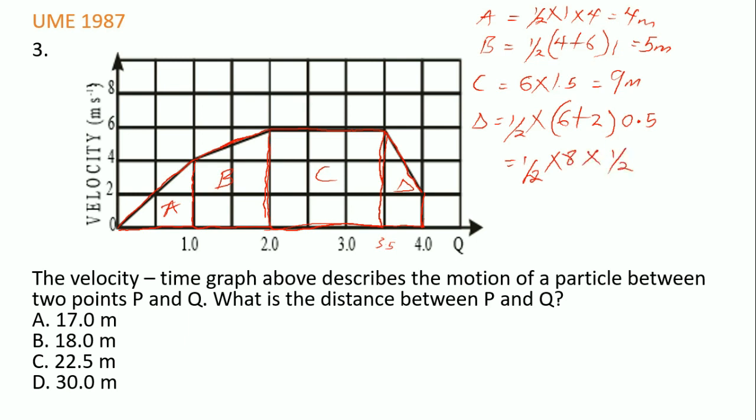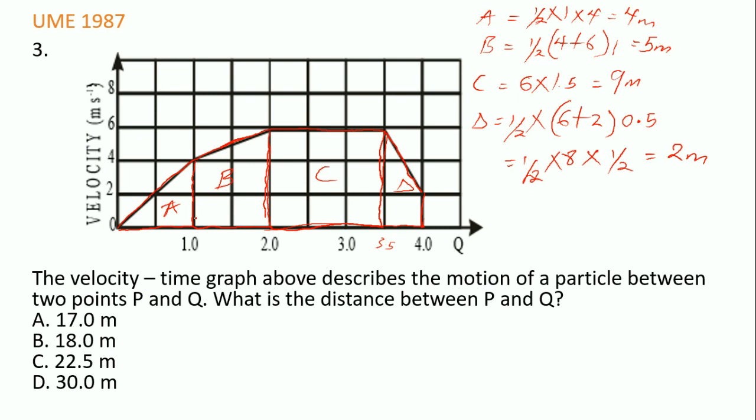So 1/2 of this, that is 4 times 1/2, that is 2. So we have 2 meters. So all we just gotta do is sum these guys up. So this plus this, that is 11 plus 5, that is 16 plus 4, that is 20, which I hope I'm not making any mistake here, because